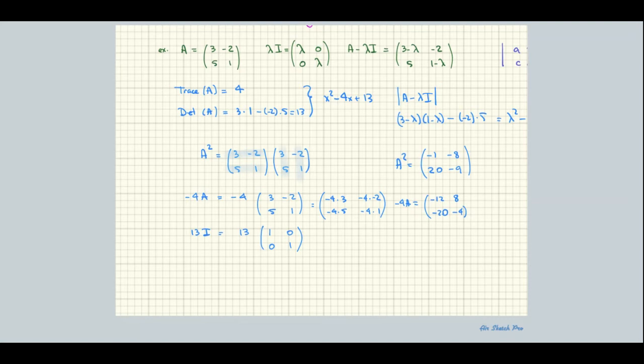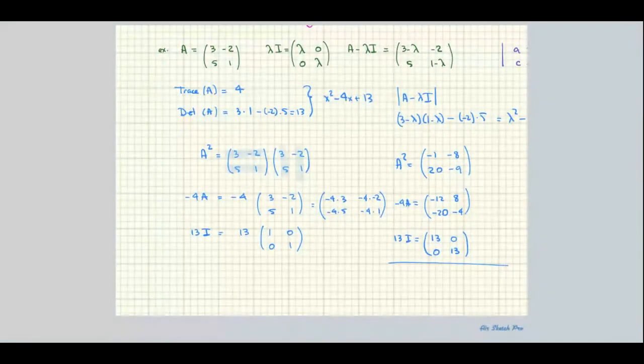And now 13i, I think we can just write down, huh? What's 13 times 1? 13 times 0. 13 times 0. 13 times 1. There we go. That was a weird place to finish that. There we go. Okay, now, to find the sum of these, I can do it one piece at a time,